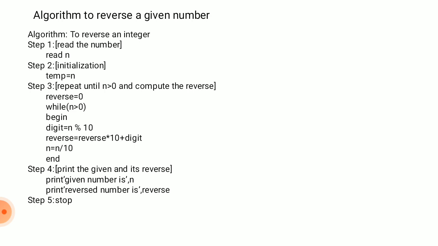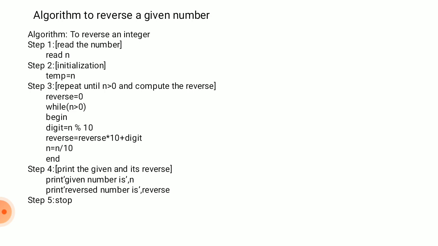So reverse is equal to 0, while n is greater than 0. While n is greater than 0 means repeat until n is not greater than 0. Understanding? If n is greater than 0, then only it executes the 3 statements. If n is not greater than 0, then it will not execute anything, it simply stops processing.